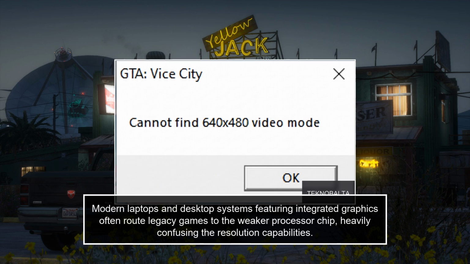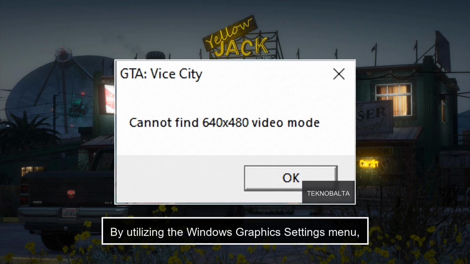Modern laptops and desktop systems featuring integrated graphics often route legacy games to the weaker processor chip, heavily confusing the resolution capabilities. By utilizing the Windows Graphics Settings menu,